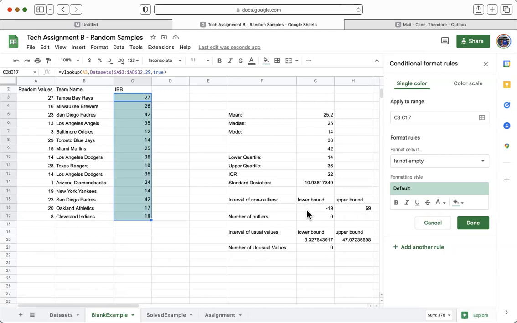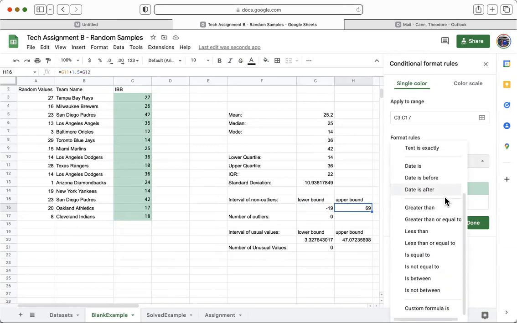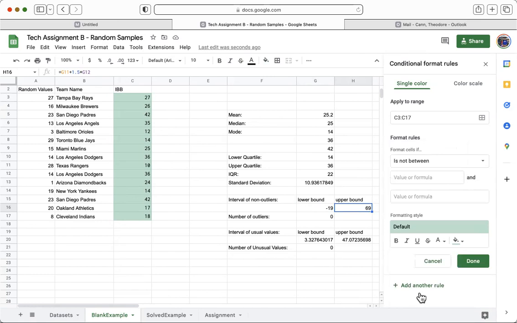This will change, but I always want to point to whatever these two numbers are, this one and this one. If it's in between these two, it's not an outlier. If it's not between these two, then it is an outlier. So format cells if is not between